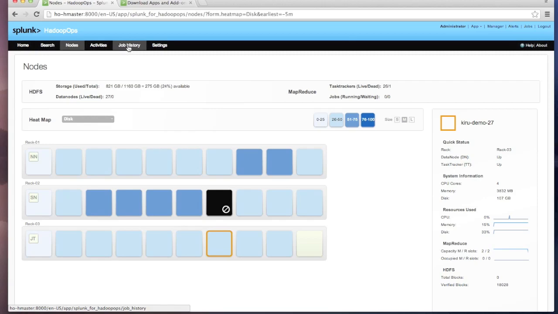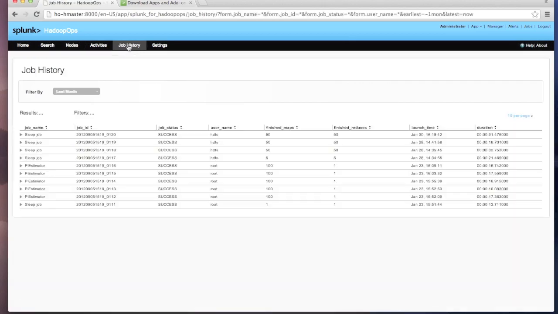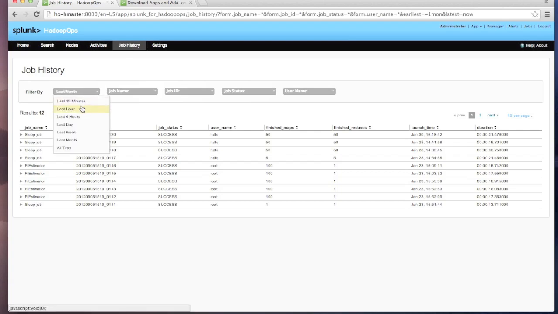So let's dive into the job history subtab. Clicking on the job history subtab, we see all the jobs that ran within this last month. However, we can also drill down to this last hour, to the last 15 minutes. We can also filter by the job name or user that actually ran those jobs, as well as if we expand